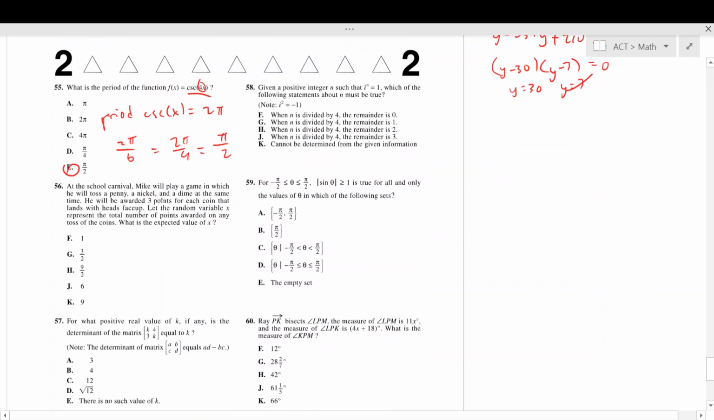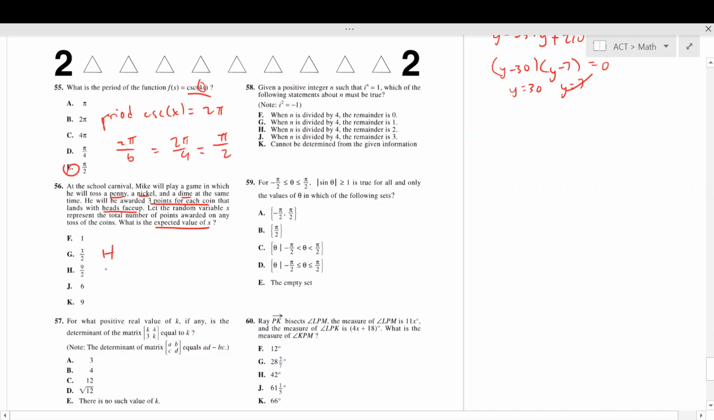At the school carnival, Michael played a game in which he will toss a penny, a nickel, and a dime at the same time. He is awarded 3 points for each coin that lands heads face up. What's the expected value? So let's see. There is a formula for expected value, and I'll try to teach you how to think about that formula. So the expected value for one toss would be equal to,